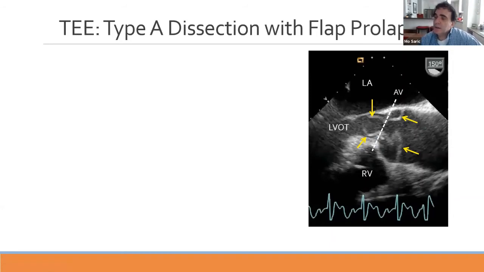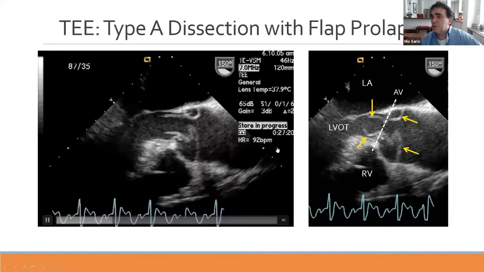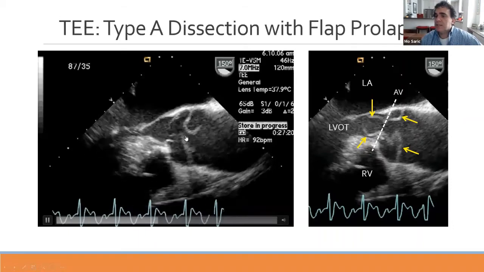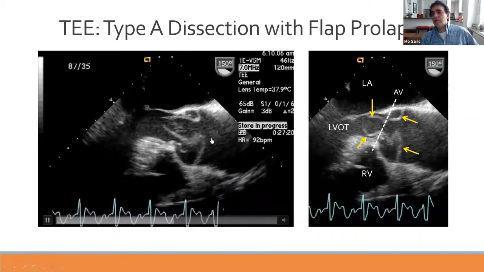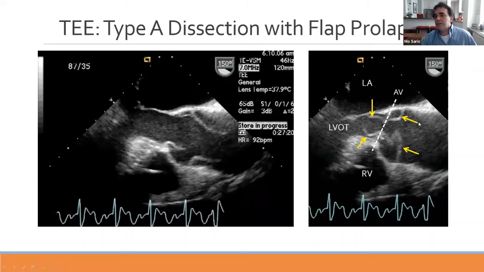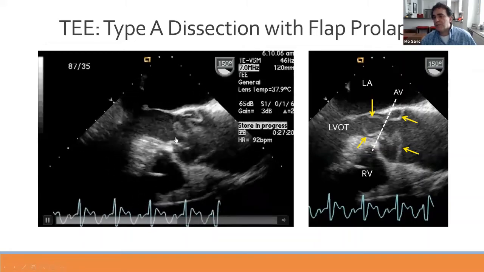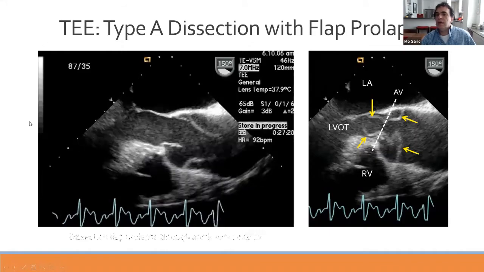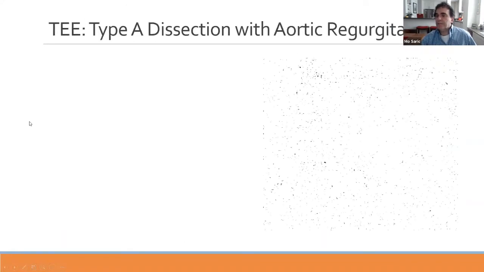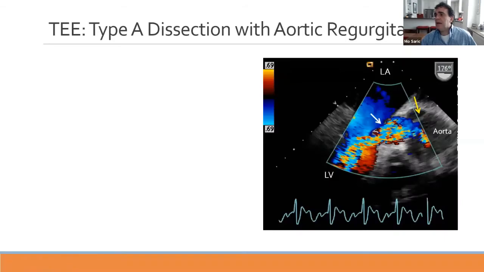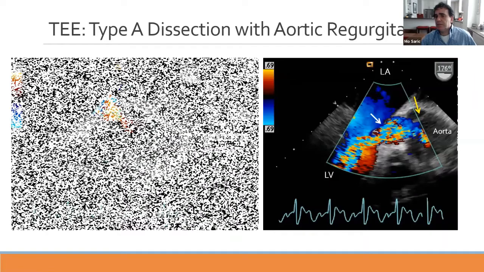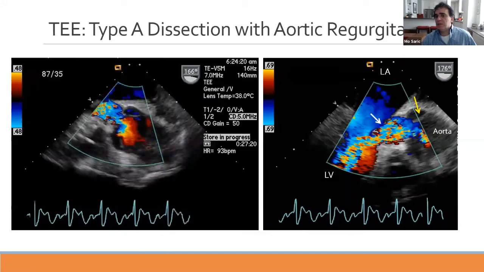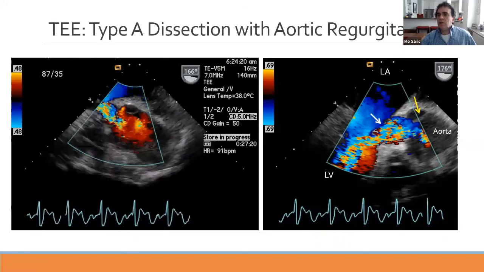So when the dissection flap prolapses through the aortic valve into the left ventricle, it can interfere with the function of the aortic valve, leading to aortic regurgitation. You can clearly see here that it's almost as if the patient has two aortic valves. It's an illusion because the dissection flap ruptured, and now it's prolapsing through the aortic valve into the left ventricular outflow tract. And as a result, severe aortic regurgitation may result. As is the case in this patient, you can see the to-and-fro flow through the aortic